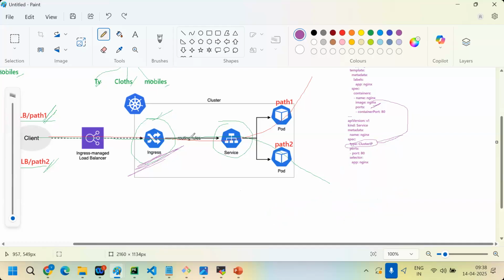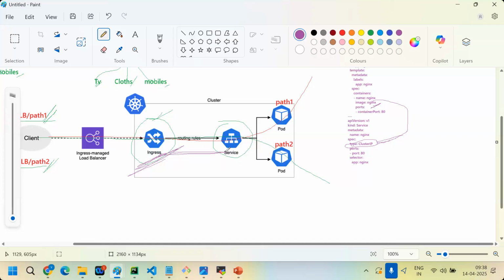This is my cluster. Inside the cluster, the ingress load balancer is created, and it communicates to the ClusterIP service. Is ingress load balancer to service internal communication or external communication?